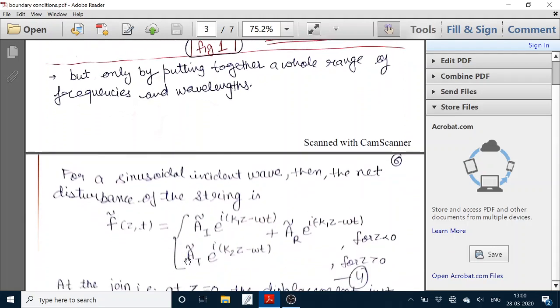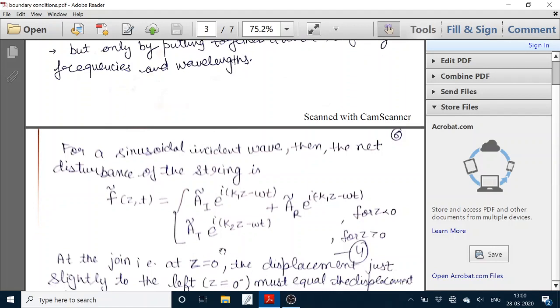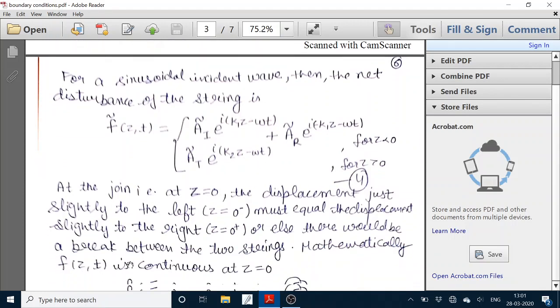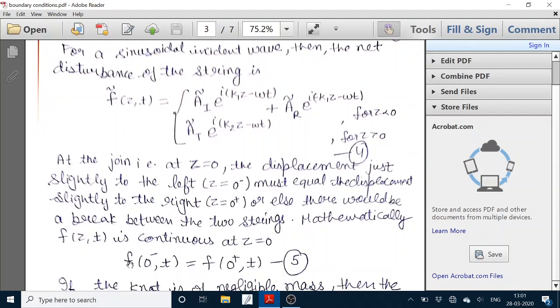Okay. So for a sinusoidal incident wave, the net disturbance can be written as follows. We know that the incident wave and the reflected wave lie in the same region, that is z less than 0. For this reason, the total function is A_i exp(i(k1 z − ωt)) plus A_r exp(i(−k1 z − ωt)), and for z greater than 0 we have the wave function A_t exp(i(k2 z − ωt)). So at the joint, that is at z equals 0, the displacement just slightly to the left